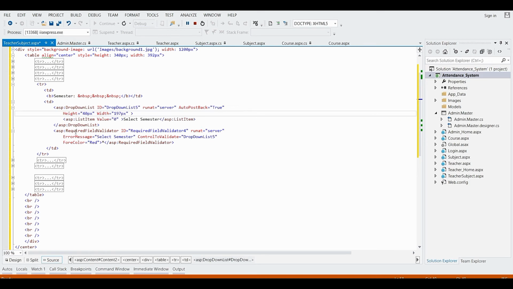In the required field validator, I have given the error message as select semester, control to validate DropDownList5, that is the ID of this drop-down list, fore color red and text as hash.